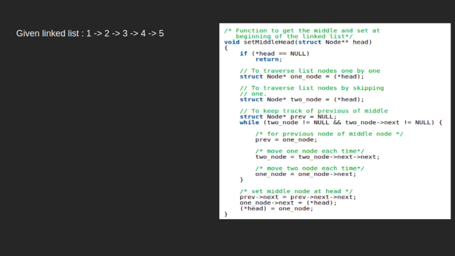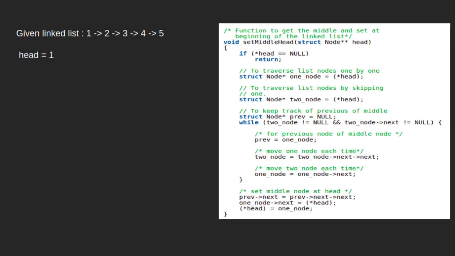Let's understand the algorithm using an example. We have given a linked list 1, 2, 3, 4, 5. Initially, head will point to 1. We pass head of the linked list in the function setMiddleHead. Since head is not null, it will not enter this first if condition.